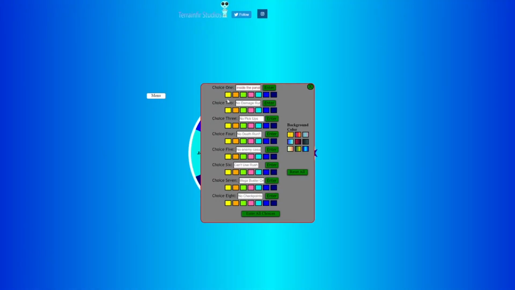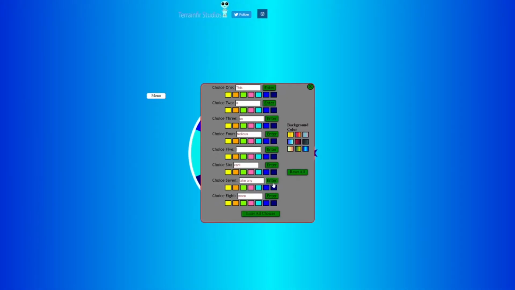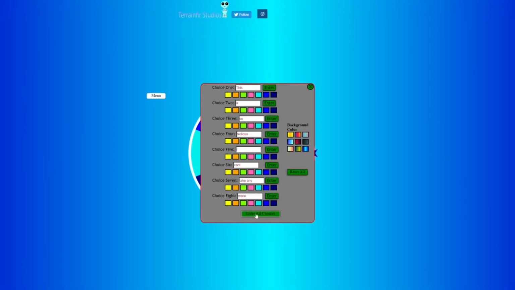Now, the one thing I will say is don't make the words too long, because then it just won't show up. So all you have to do is tap on the search box, type in what you want, and then hit enter. So the first problem I ran into was how tedious it was to have to click enter for each different choice. So I decided to make an enter all button, so this way you can type all your stuff in and only hit it once.